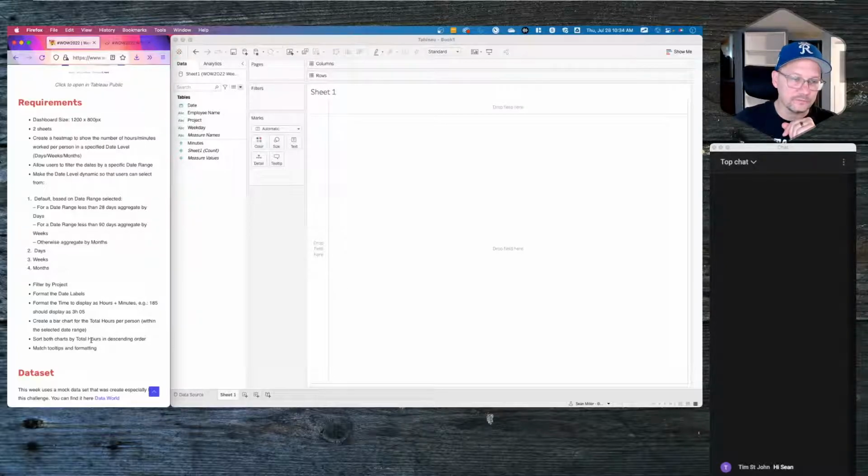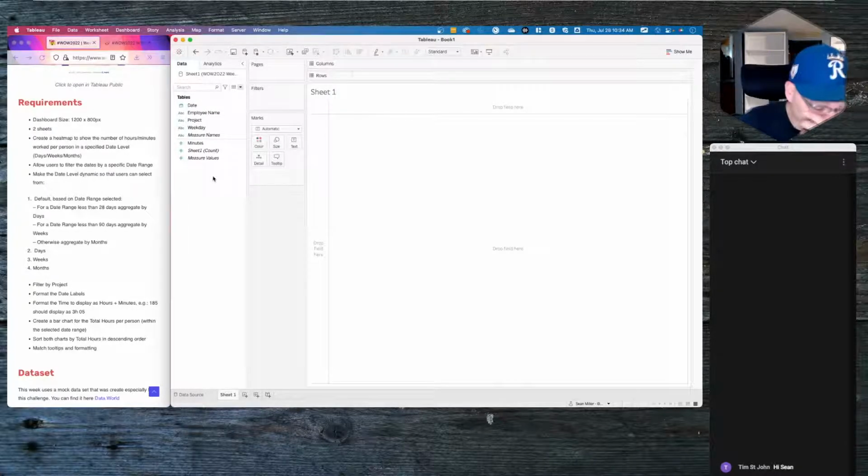Create a bar chart for total hours, sort both by total hours and descending. Okay. Looks pretty good. All right. Let's see what we can do here. What do you say? Okay. So,